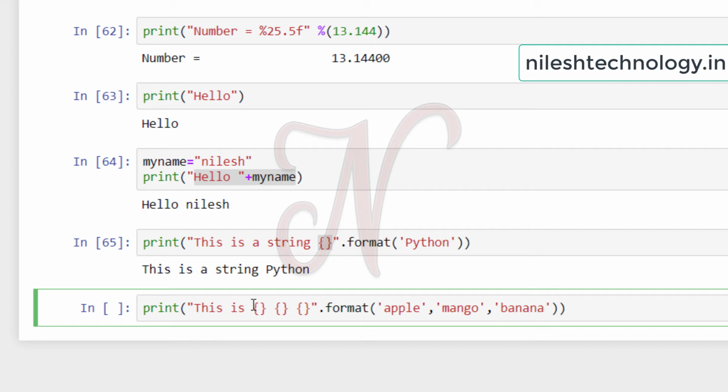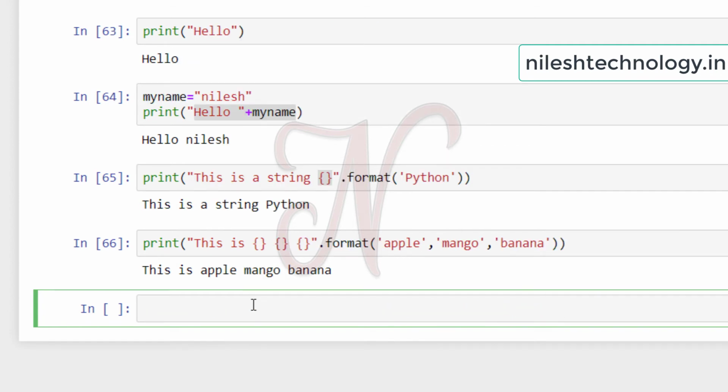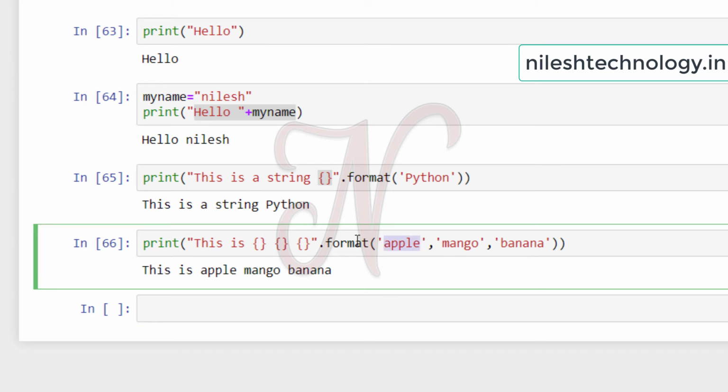You have to run this. See here the output is "this is apple, mango, banana". This output is displayed in the order you pass. My first string is apple, so apple is printed in the first curly bracket, then mango is printed in the second curly bracket, and banana is printed in the third curly bracket.